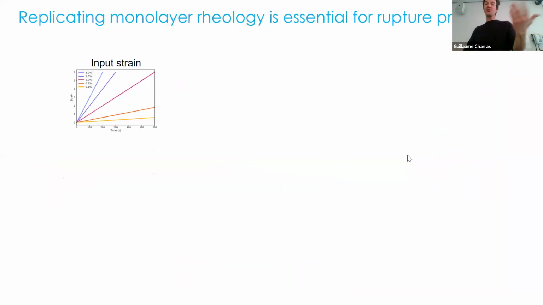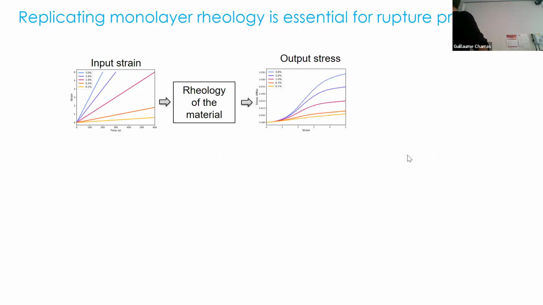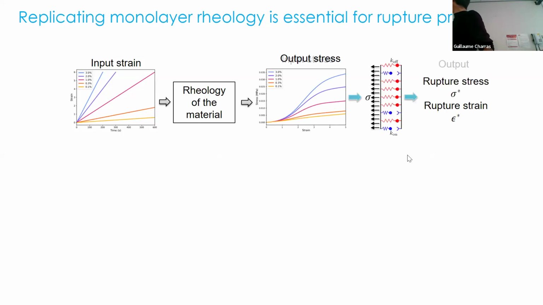Essentially, in our experiments, we impose strain, and the deformation gives rise to a stress. It depends on the rheology of the material. And it's that stress that the bonds will sense, and that will give rise to the breakage of the bonds. So in our simulations, we have a ramp in strain, then the rheology of the material gives us a stress as a function of time or strain. And that stress we use as input to our stochastic bond simulations